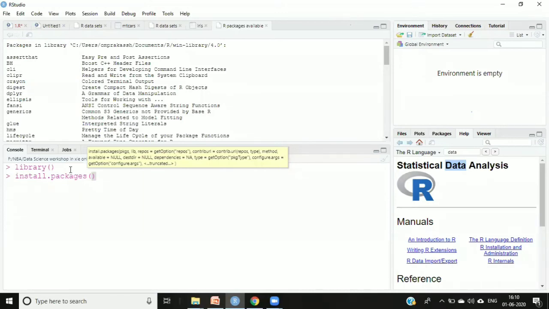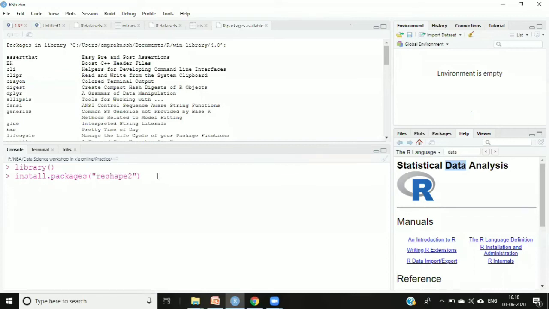So install.packages, and here I'll give the name of the package which is required, the library which is to be installed. So I'll say reshape2. And one thing, you must have an internet connection. Then you press enter, and it will start installing.